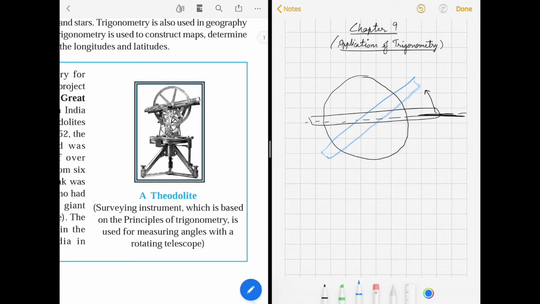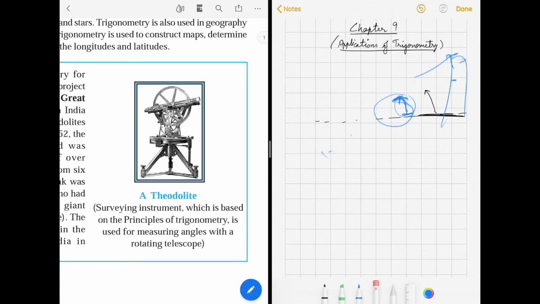So with the help of the graduations made on this ring we can measure this angle, and using this angle and the perpendicular or the horizontal distance of other objects we can measure other distances. For example, if I know the horizontal distance from some point or from a wall, I can measure the height of a window using this angle, by just focusing my telescope onto that window. We'll see in the questions.